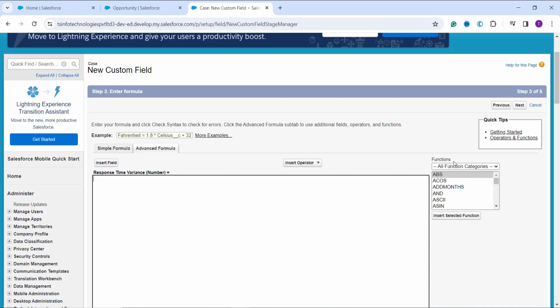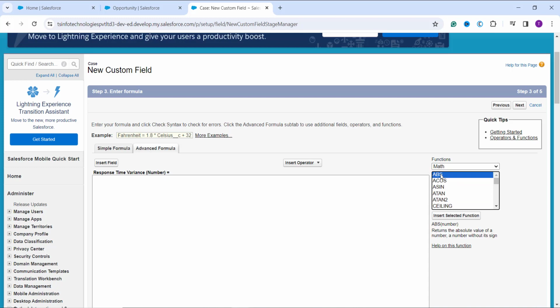So here I click on All Function Categories from the right. Here we have a Math section. Here I have the function ABS, I select it, and after that I click on the Insert Selected Function button that is under this function section. I erase the parameter given inside the ABS function as number. Then I click on the number